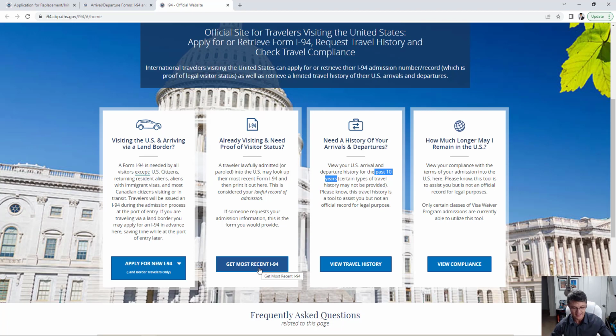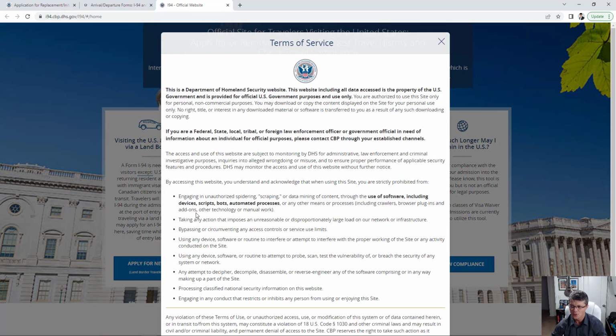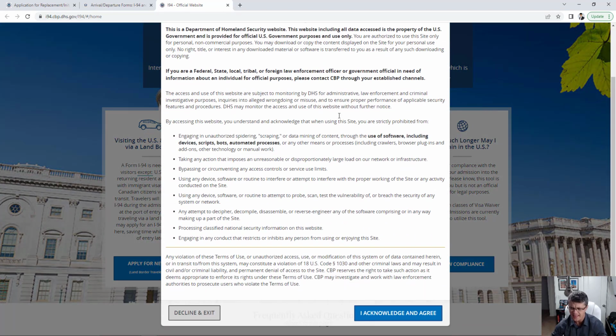The most recent. You entered into the United States, and you cannot find your record of your entry. You don't know how long you can stay here, you forgot, whatever, or you just need an I-94 because you're starting some kind of immigration case. This is it. This is what you're going to use. So we're going to click on that, and it will give you terms of service that you agree to everything,